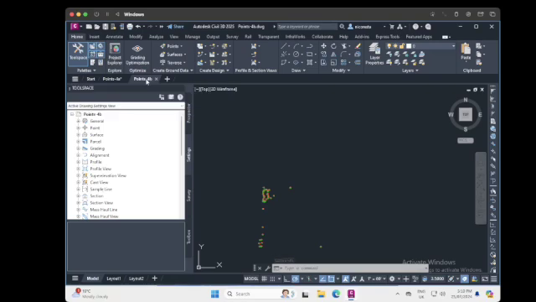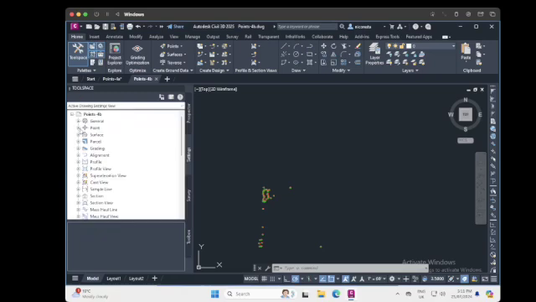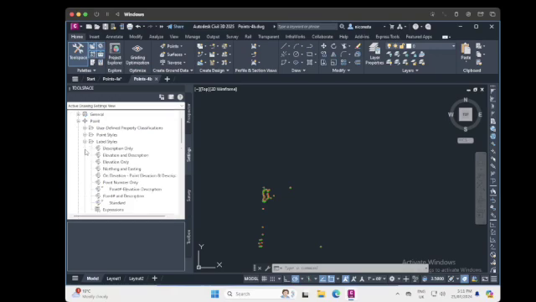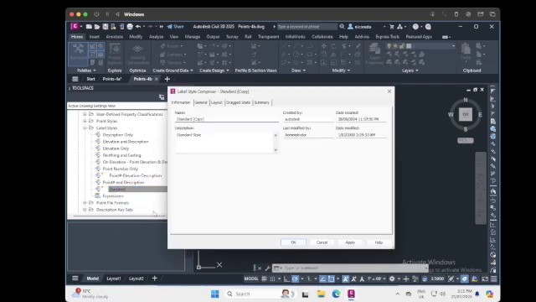In Toolspace on the Settings tab, we're going to expand the point collection. Under label style, we're going to right click Standard. Great, and we're going to click Copy. Good, and in the dialog box,